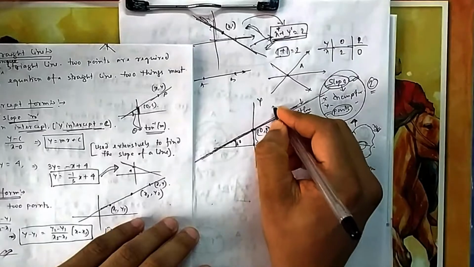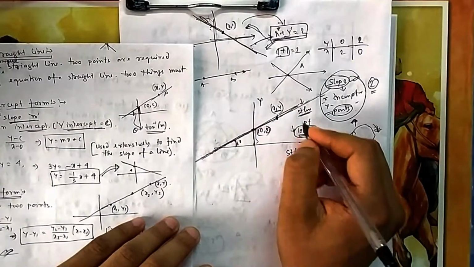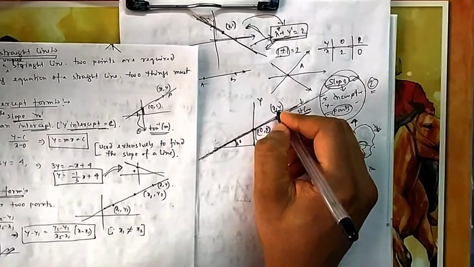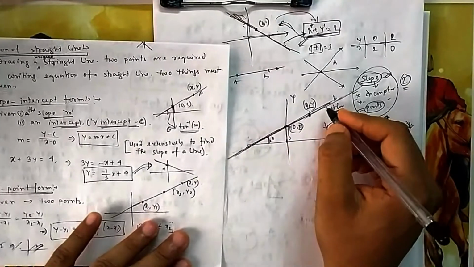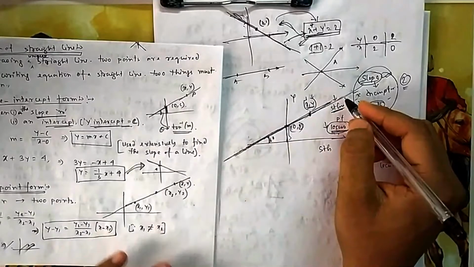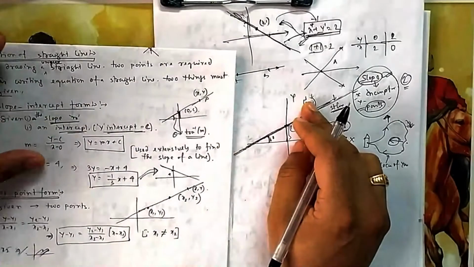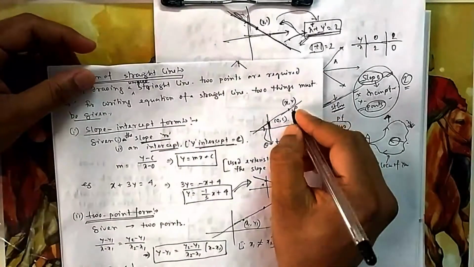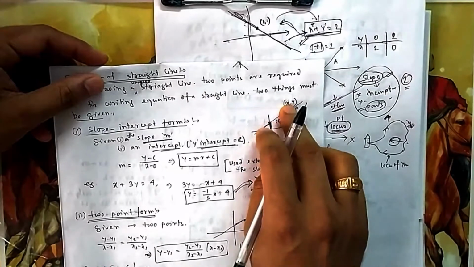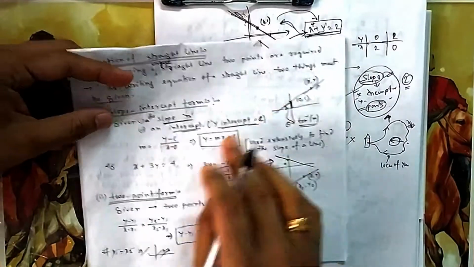So that means you take any general point x and y. For finding a locus, we take x and y of that point. We consider that the point is x and y, and we see that x and y should satisfy this condition. Because x can take any value, y can take any value. If I can satisfy my conditions using this x and y, then whatever x and y I choose, that will satisfy this.